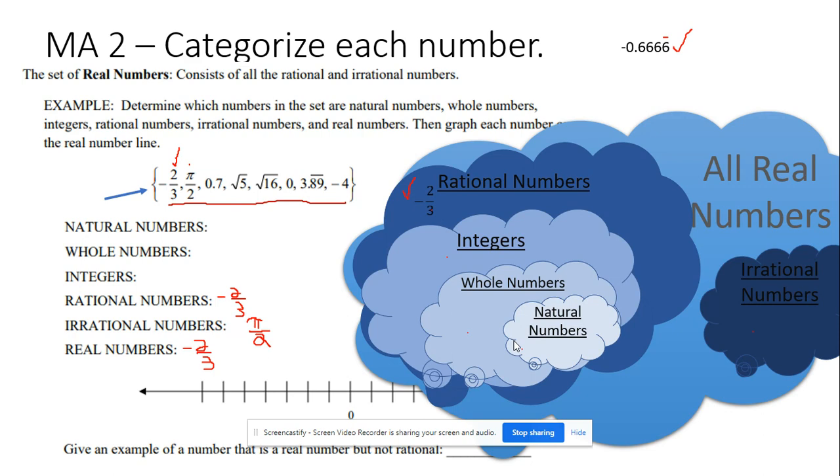I know that pi over 2 will be an irrational number. I know that it can't be rational because anything that's irrational can't be rational. They can't be both irrational and rational at the same time. But it can be irrational as well as a real number. So I will put pi over 2